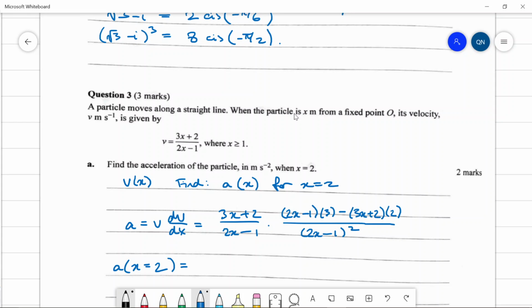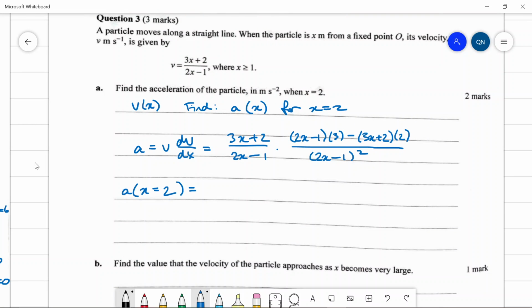I think that's all. So what happens if you plug in x equals 2? Well, you're going to get 2 times 2, which is 4, minus 1, which is 3. So that's just going to be 9, minus, over here we have 3 times 2, which is 6, plus 2 is 8, times 2 is 16, so 9 minus 16, divided by